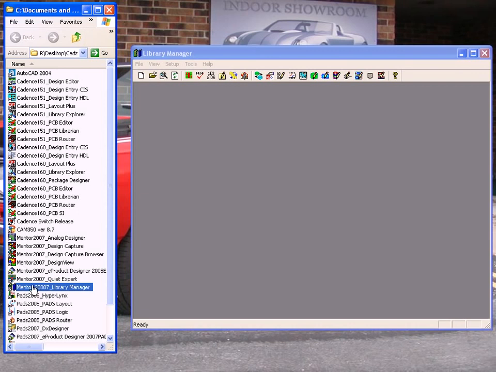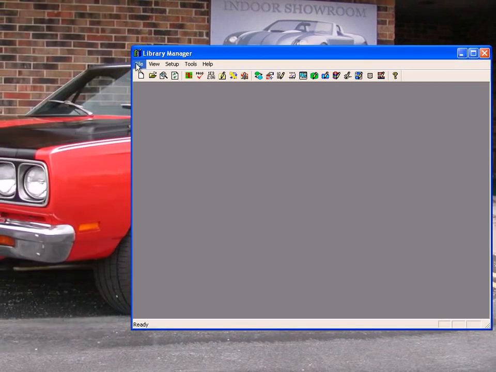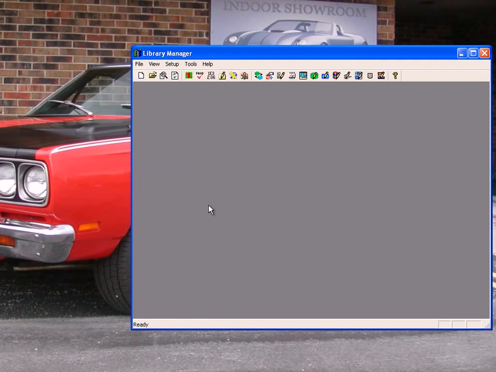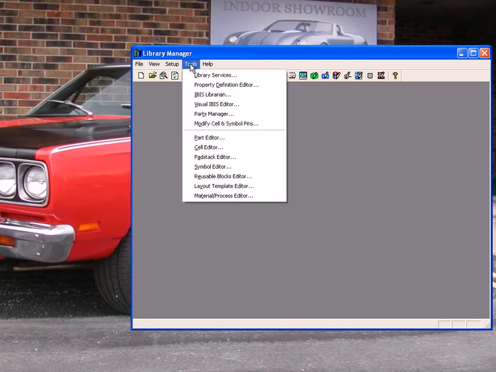To start with, we have to use an older version of Mentor because the newer versions require a license for the compress and decompression of the ASCII files. So we're going to be using version 2007. We'll select the library manager, as you see here, and we're going to load in the database that we're interested in working with. Once we've done that, we're going to go to Library Services,